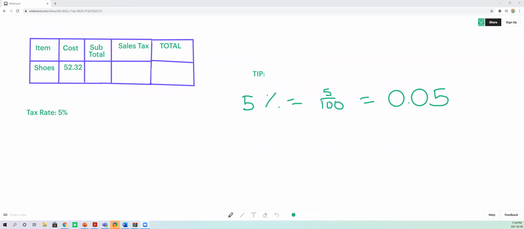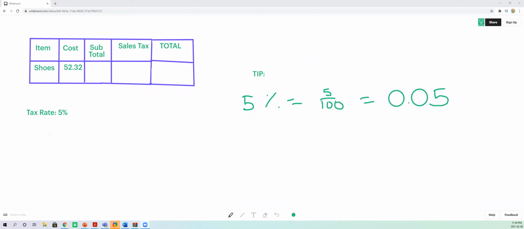So my camera is off this evening because I'm recording this quite late. But I want you to take a look at my whiteboard over here, and I'm going to guide you through this. So yesterday we learned about multiplying decimals, for the reason that I was going to introduce how to